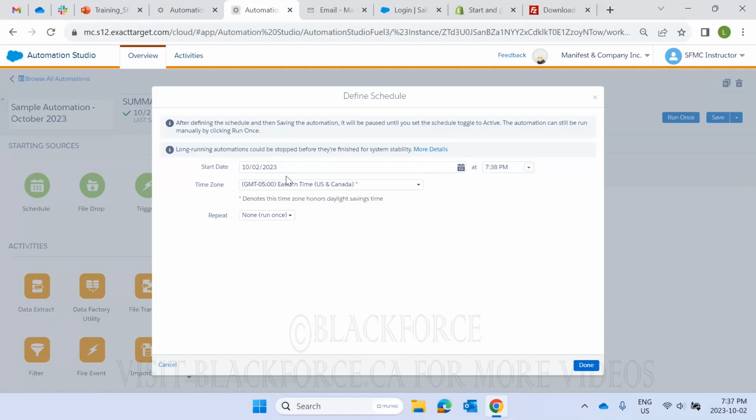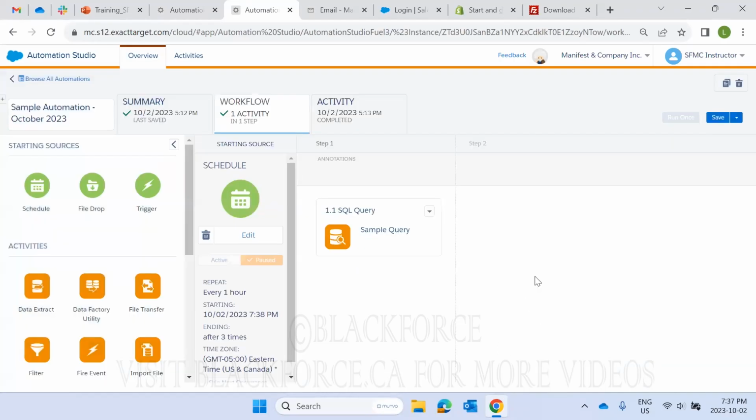You know what would be nice if you could just select a time zone and save it as default, but it's not available yet. So if any of you work for Salesforce, the company, please bring that up with your software developers so they can fix this. Okay, so I've selected